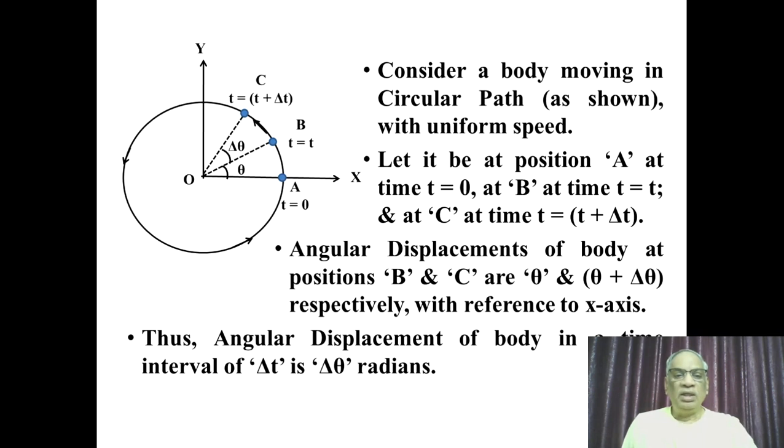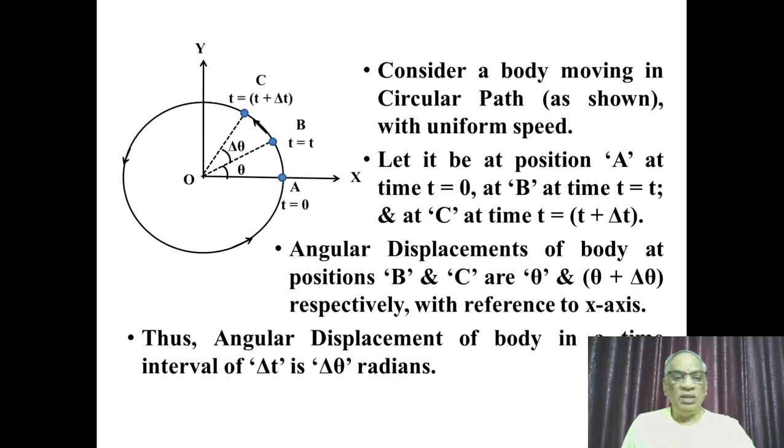In this slide, consider a body moving in a circular path with uniform speed u. Let it be at position A at initial time, that is time t equal to 0, and from there it is moving in an anti-clockwise direction. At time t it occupies position B, and at time t plus delta t it occupies position C, from the x-axis to the y-axis as shown in the figure. The positions B and C make angles as shown in the figure. So the angle AOB, where O is the origin of the circular path,